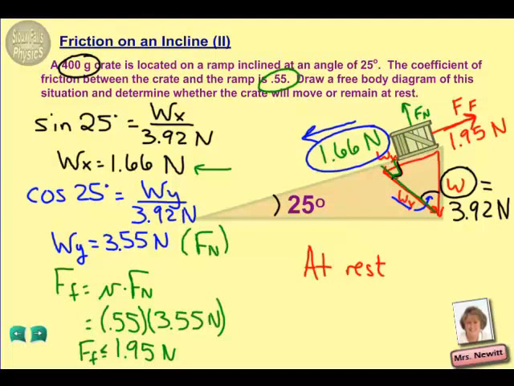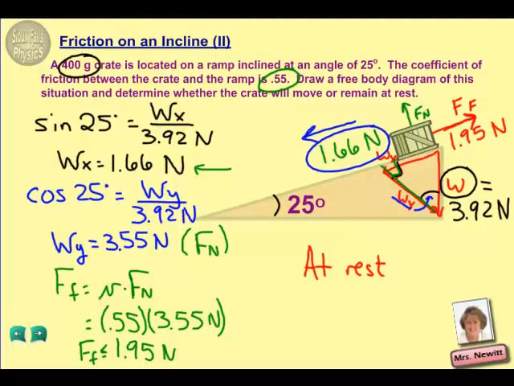One other thing that we really should change here, notice that if you look at our free body diagram right now, it looks a little bit strange because we have 1.66 newtons going down. Friction was at 1.95 going up the ramp. If we really followed that, it would seem like friction would be grabbing our crate and pulling it right up the ramp. We know, of course, that's not the case, and that's why I kind of added in over here,